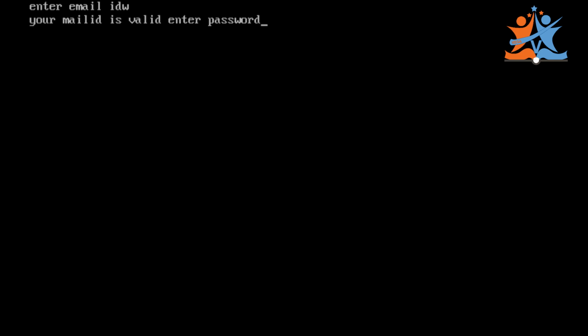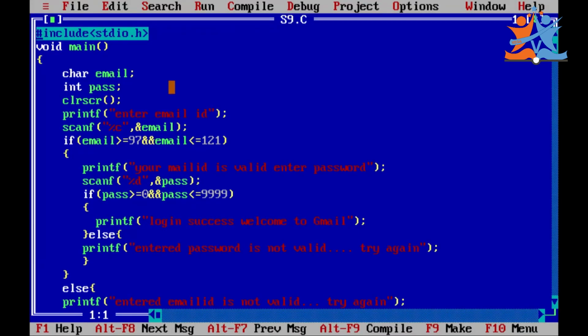For example, my password is 12345. Entered password is not valid, try again. We get this message because we have a limitation for the password of 9999, nothing but 4 digits of the password we need to enter. Like that we have an access range limitation.